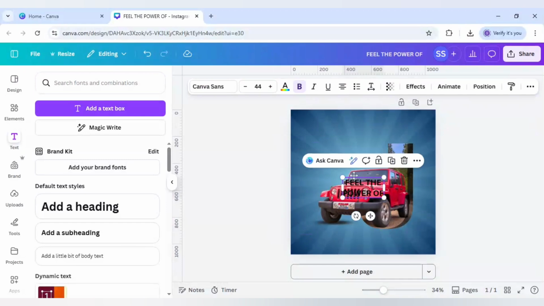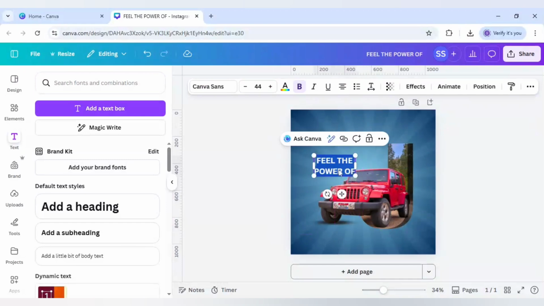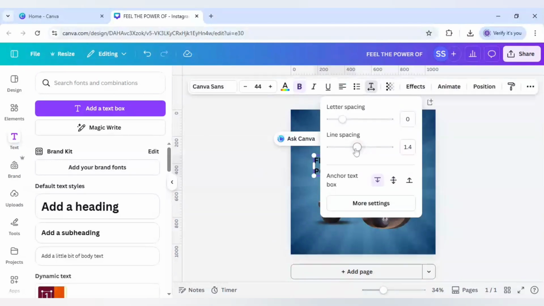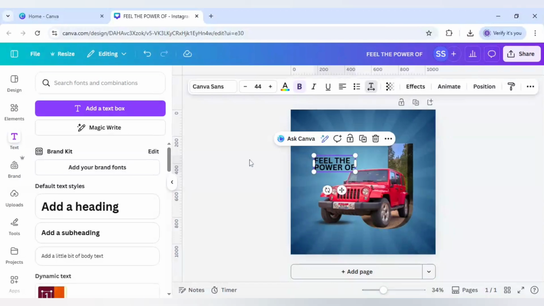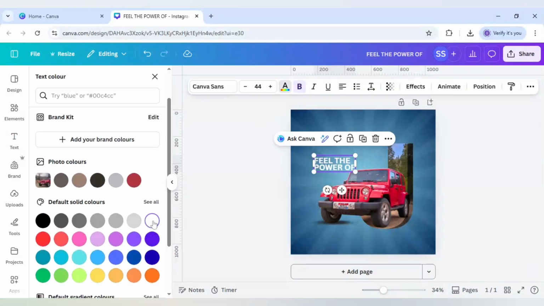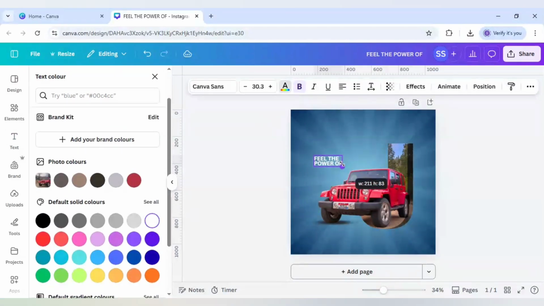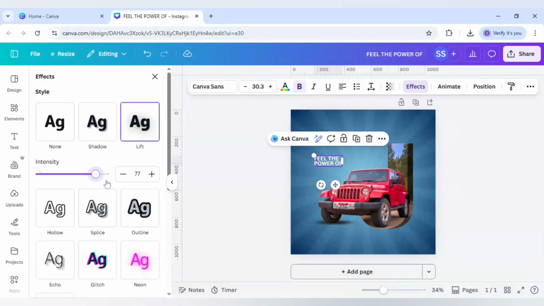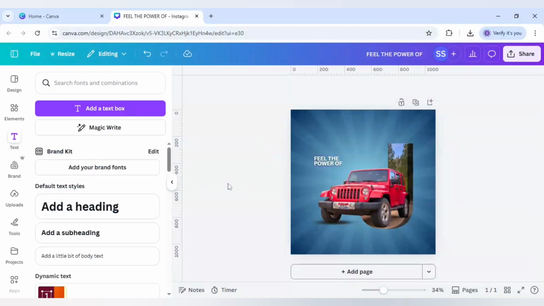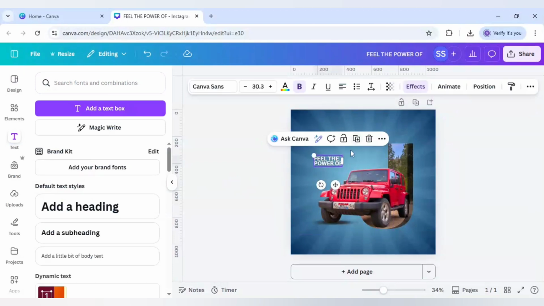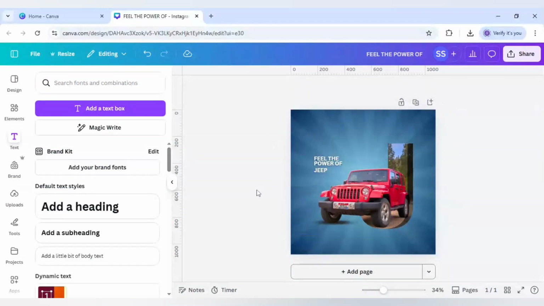Okay, so it is not left aligned, so I will just left align it. Okay, and I will just decrease the line spacing, and after that I will change the color to white, just make it smaller, and for the effect I will use this lift and increase it to the highest one. Okay, and after that I will duplicate it, place it here, write Jeep,